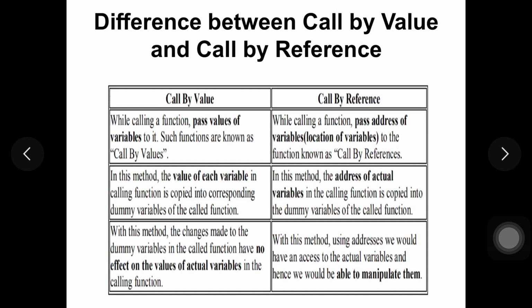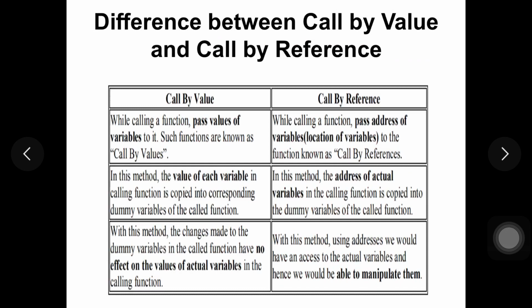Whatever value we pass, that value will be copied into the received variable. That is, the values will be copied from actual variables to formal variables. And here, in call by reference, the addresses of actual variables are copied into the formal variables.